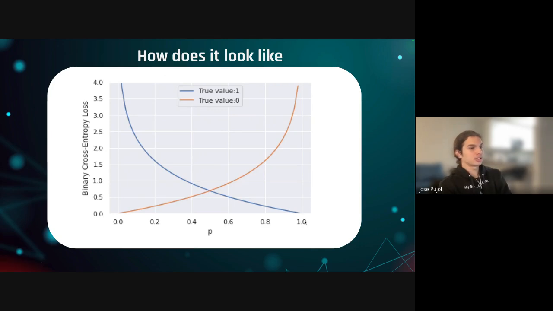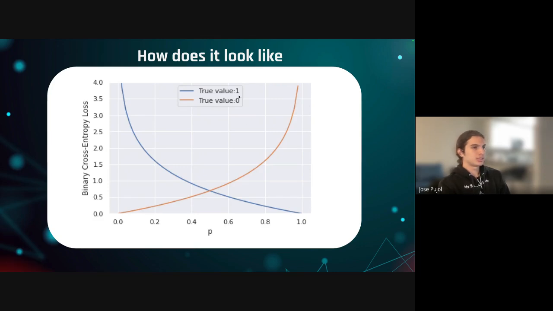But conversely, on the other side, if you output that the true value is very close to being a 1, this here asymptotes to infinity. So you're going to really penalize the model for getting things wrong. And if you take the slope of the tangent line here, you see that that gradient is very steep. So this is actually helping your model converge faster because you're going to have stronger gradients directing your model to where you need to go. You're telling the model, hey, look, you need to go here, and right now you're predicting over here, so it's going to sharply go down.